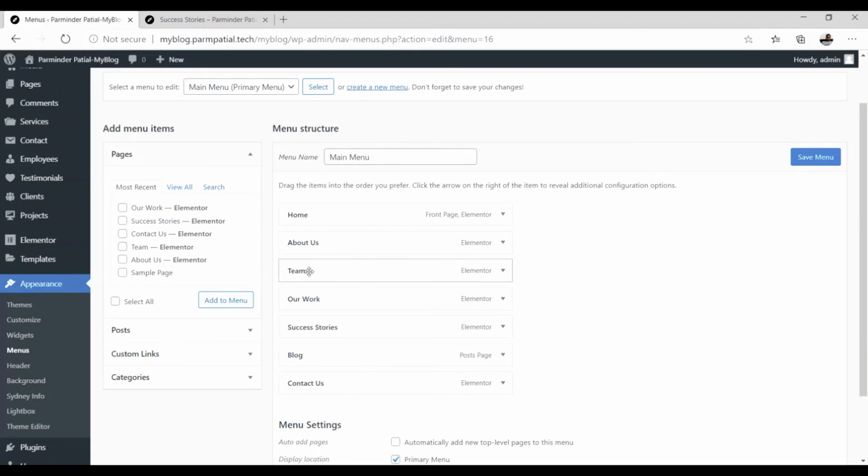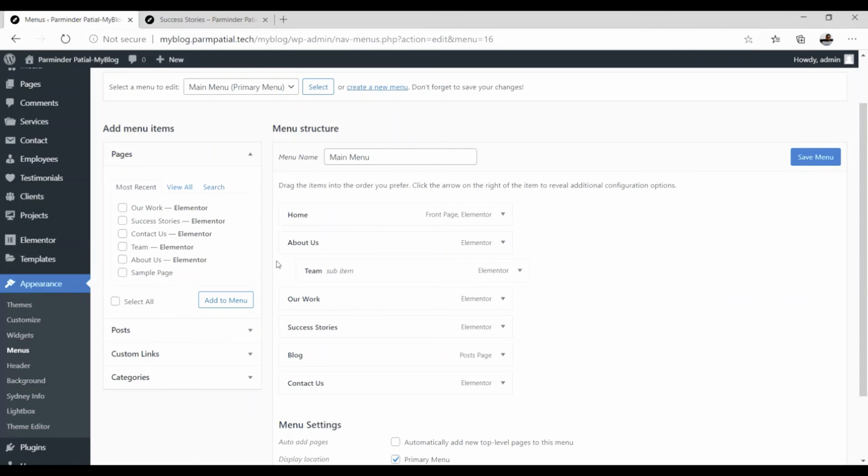In order to put it in level 2, click on this, hold your left mouse button down and slightly drag it to the right. Here you see a dotted line showing level 2. Drag it to this place.